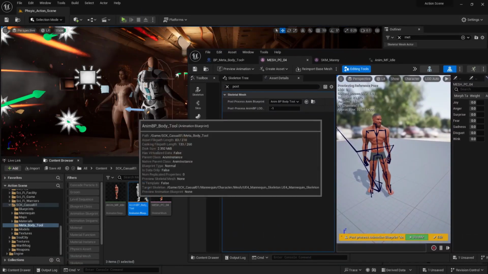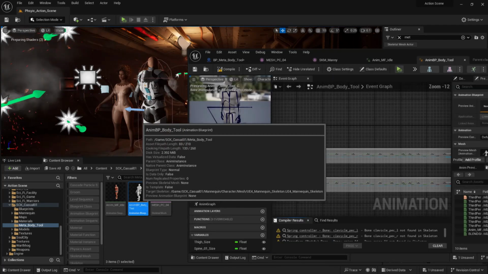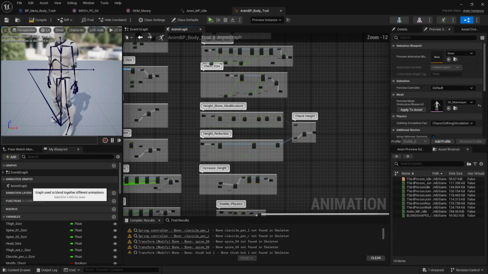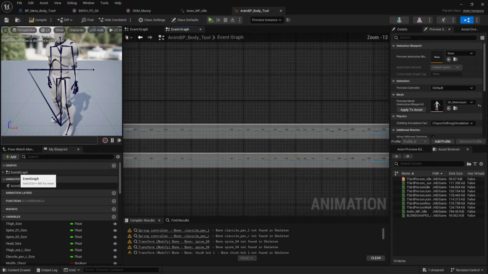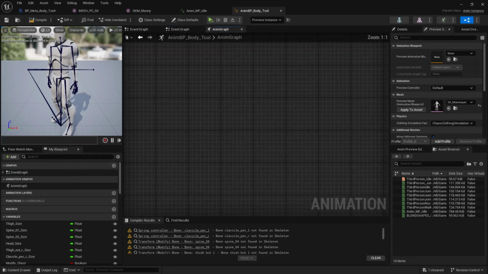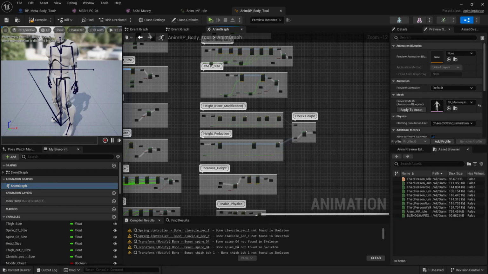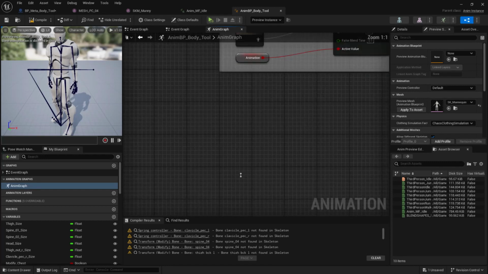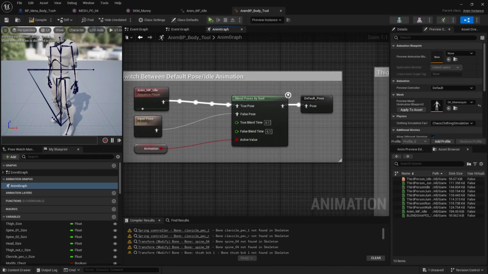In order to do that, you have to open up this. I'm just showing you what you need to do if you have an animation blueprint already for your character. If you don't need to do this, but if that was the case, you would have to open up the event graph, not the animation graph, that's right. And basically, just come here and you add input pose to default pose